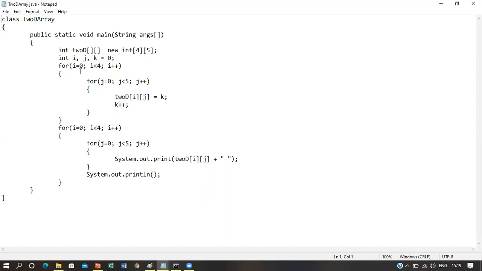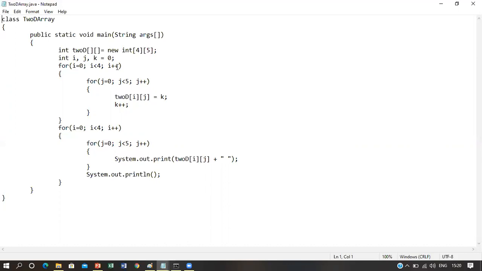But as of now, just keep in mind that the for loop you have learned in C language is valid here also. That's why we have used the same concept of for loop and the same declaration or initialization technique here, where the i variable has been initialized to 0. Then this is the condition which will check whether i is less than 4 or not. And then this is the increment operation that will increment the value of i by 1. This plus plus is an operator, known as the post increment operator, that you have already learned in C language.